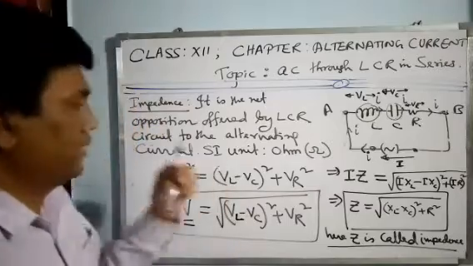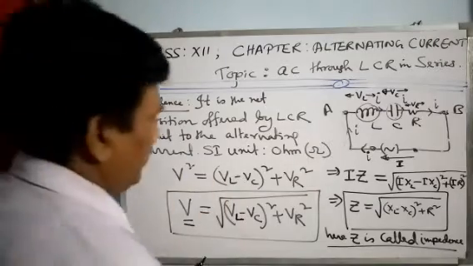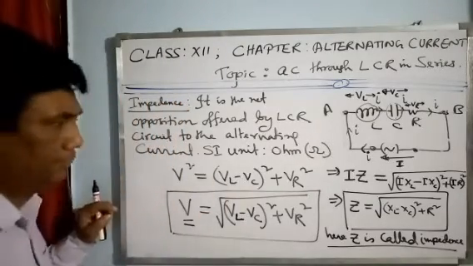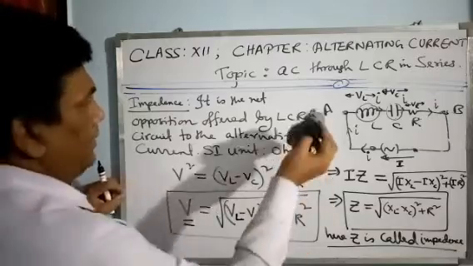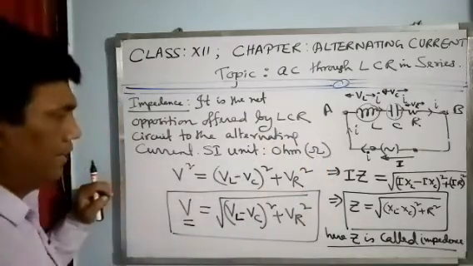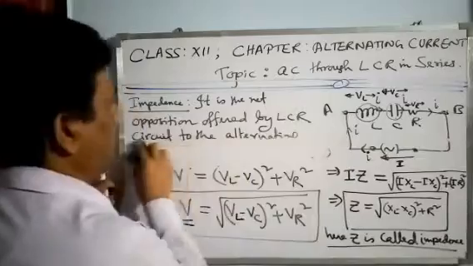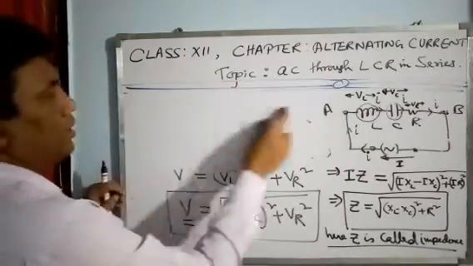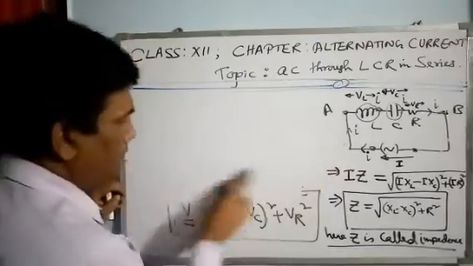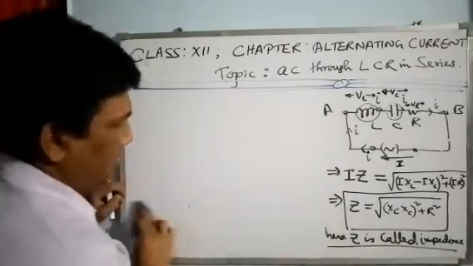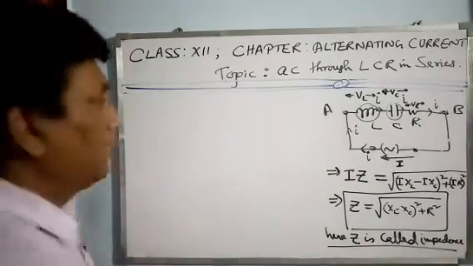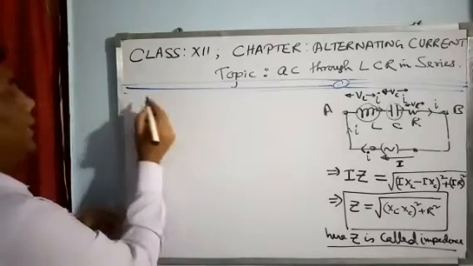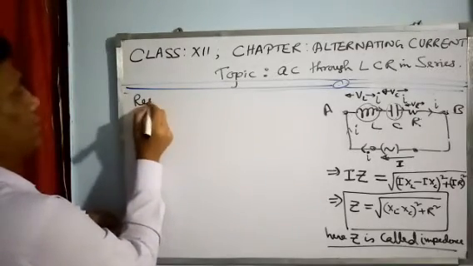Now you see, the circuit will show some behavior. We are going to discuss this behavior only. Resonance. I am going to discuss something about resonance. I hope this is copied. If not, rewind it, pause and copy all these things. I think it is known to all of you. Now you see resonance.